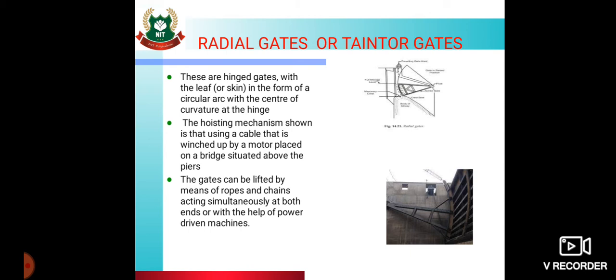So they are supported on this crest, so they will control the flow of water here. Then they are commonly used gates, so they can stop the water very well. That is why they are commonly used and very easy to operate. Then less effort is required for lifting because they are power driven gates or operated by driven machines, so they are commonly used.